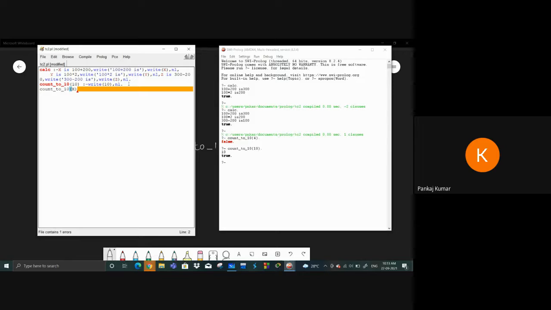Okay, and inside that I am going to write the head variable, such that write in a bracket x, comma, and suppose you want to write x plus 1 all the time, so it increases up to this one.